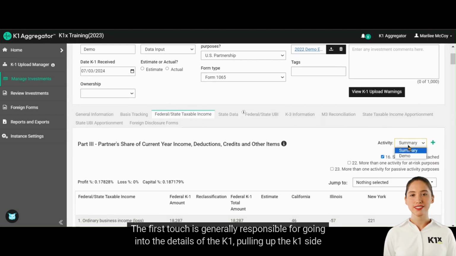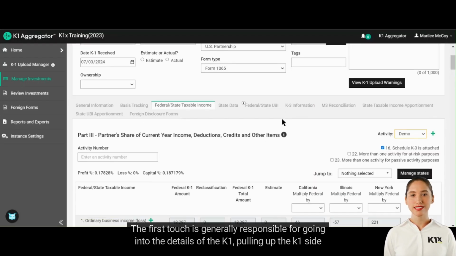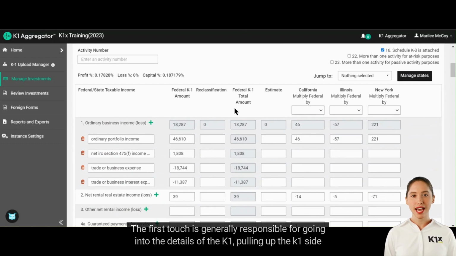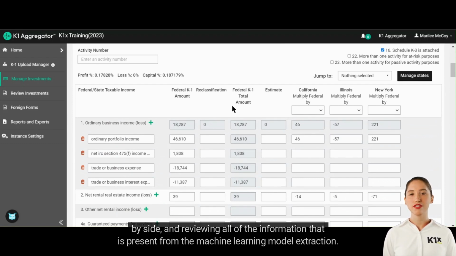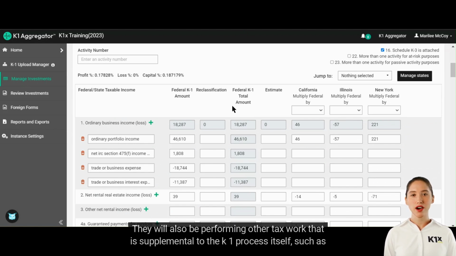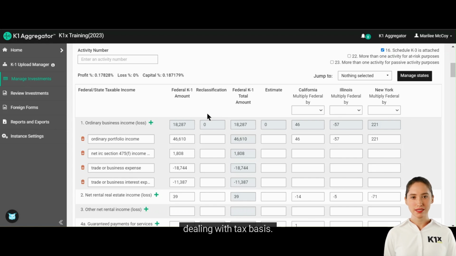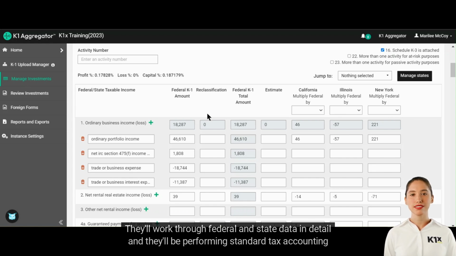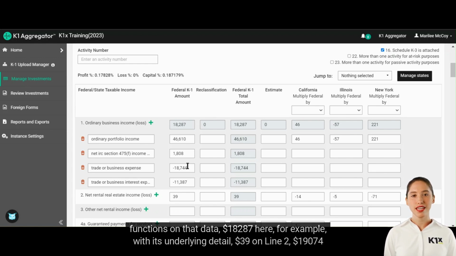The first touch is generally responsible for going into the details of the K-1, pulling up the K-1 side by side, and reviewing all of the information that is present from the machine learning model extraction. They will also be performing other tax work that is supplemental to the K-1 process itself, such as dealing with tax basis. They'll work through federal and state data in detail, and they'll be performing standard tax accounting functions on that data,